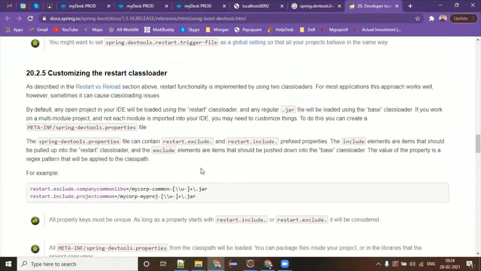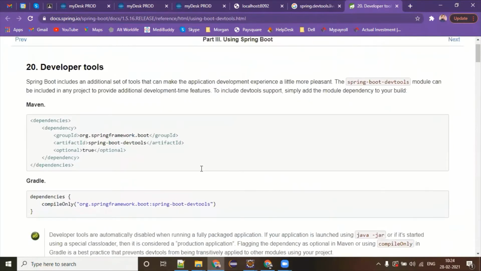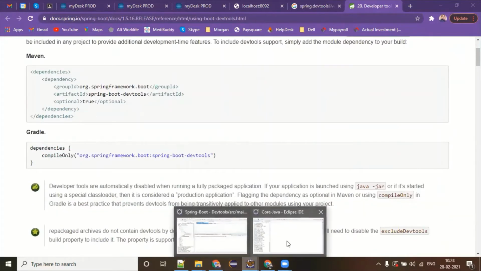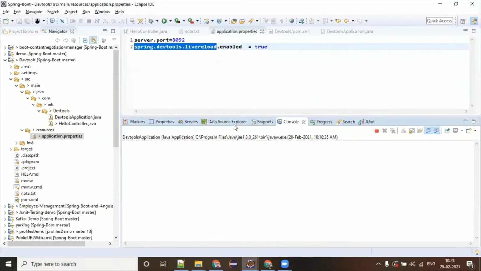There are a lot of things there. The idea here is to make you aware of the concepts behind the Spring Boot application, which are really useful. And further, as you gain experience, you can easily explore that. And if you're stuck anywhere, I'm always there to help you out.